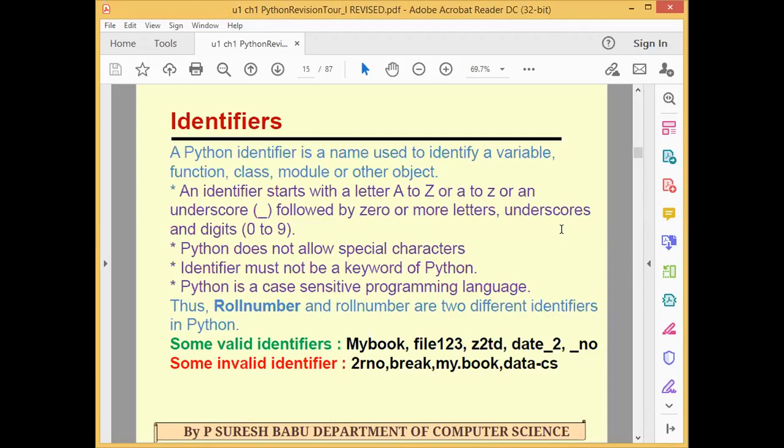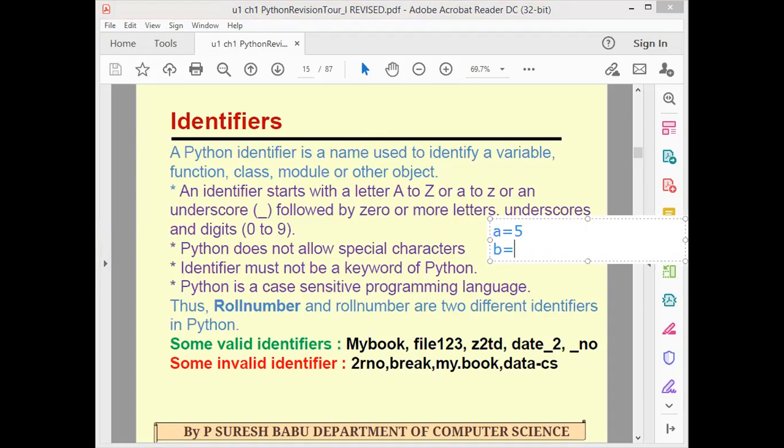Understood, students? For example, if you want to display any value, we create a program like this: a equal to 5, b equal to 4. Next we display this with print a comma b. If you want to print a comma b, you have to create those variables before.